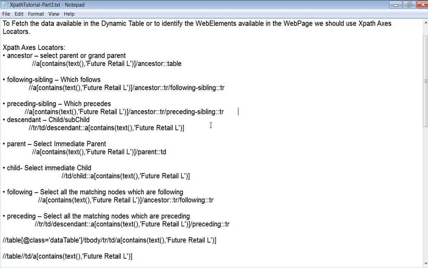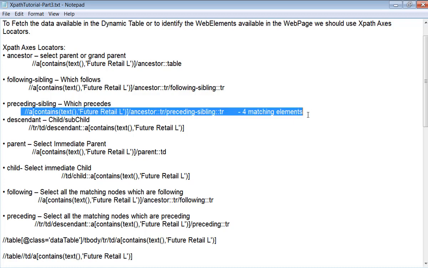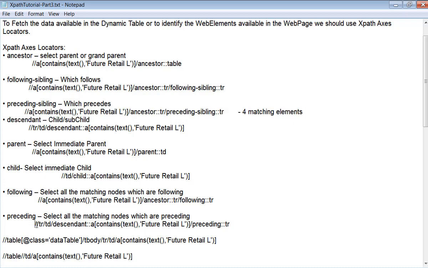So for preceding, here we are getting 5 matching elements. Okay, here we are getting 4 matching elements. And if we copy this and give here, it is selecting all. So here we are getting 5 matching nodes, but here we remove the sibling concept. We are just selecting all the table rows which are coming before that.